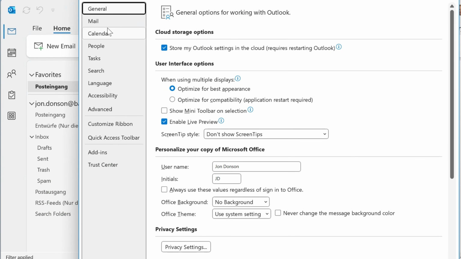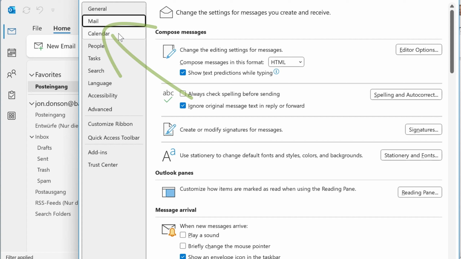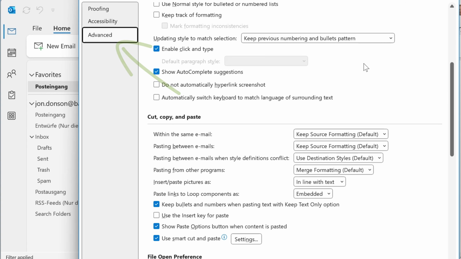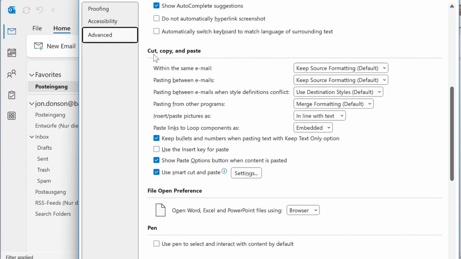Then switch to Mail and to Editor Options on the right. Then go to Advanced. You see, it's quite buried. Scroll down until you see the section Cut, Copy and